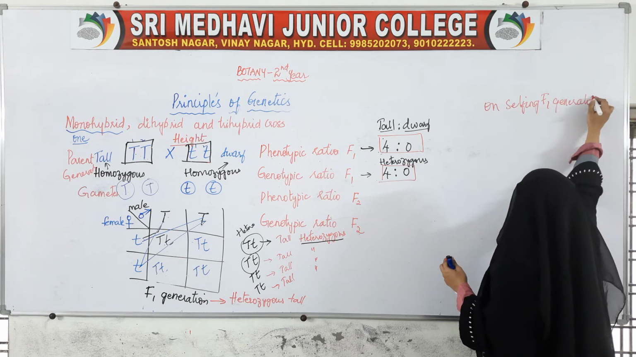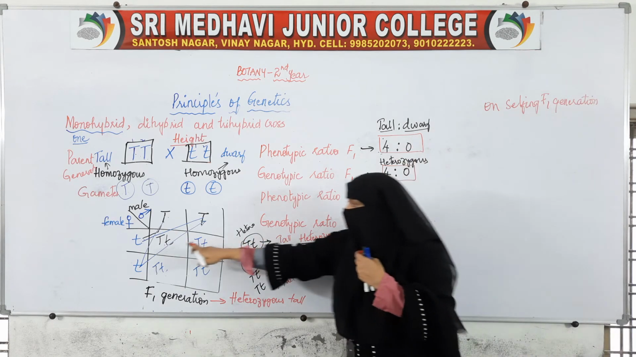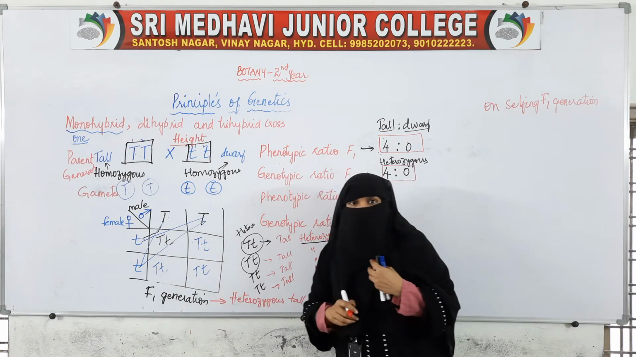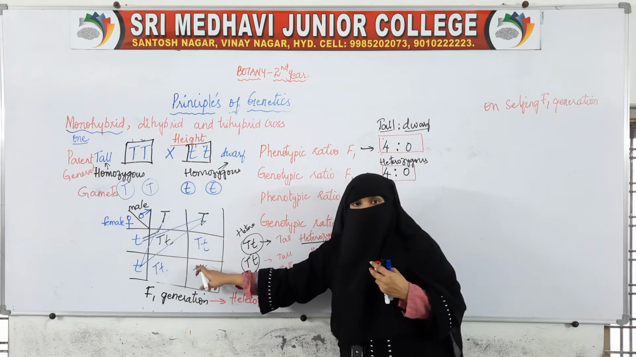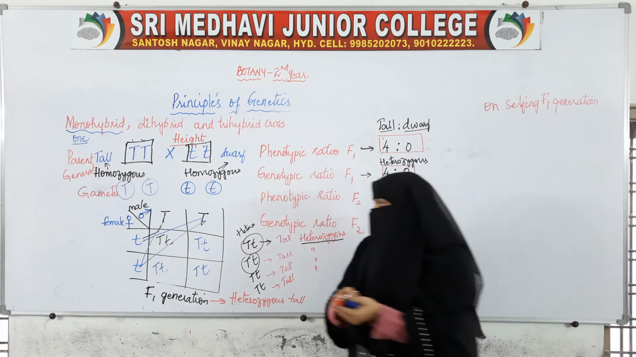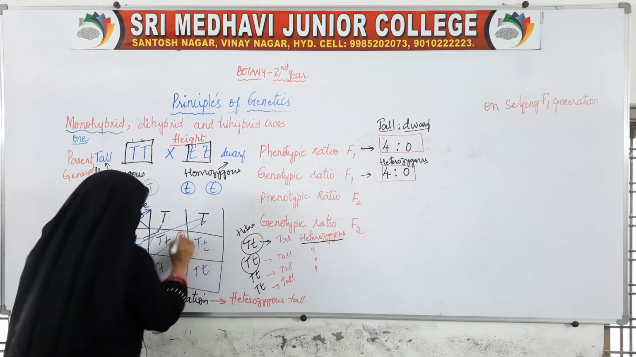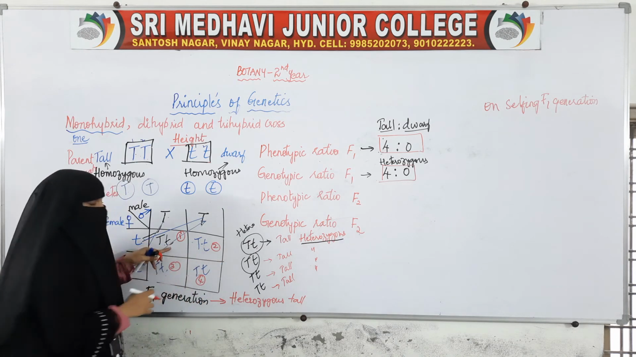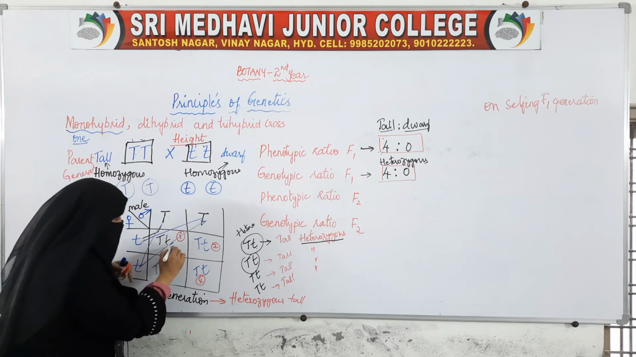On selfing the F1 generation. Selfing means we are taking a cross of the same generation. All of these 4 are of the same generation now. So out of these 4 of the same generation, we will take 2 and cross them. This is first, second, third, fourth. Out of these 4 we will take any 2 and cross. We will take first and